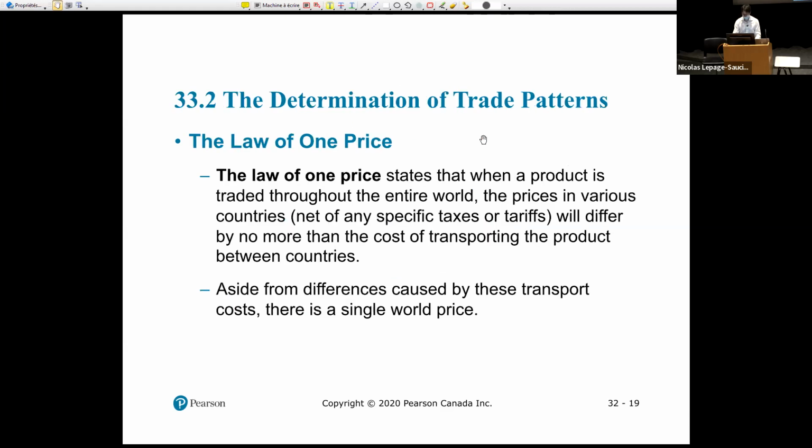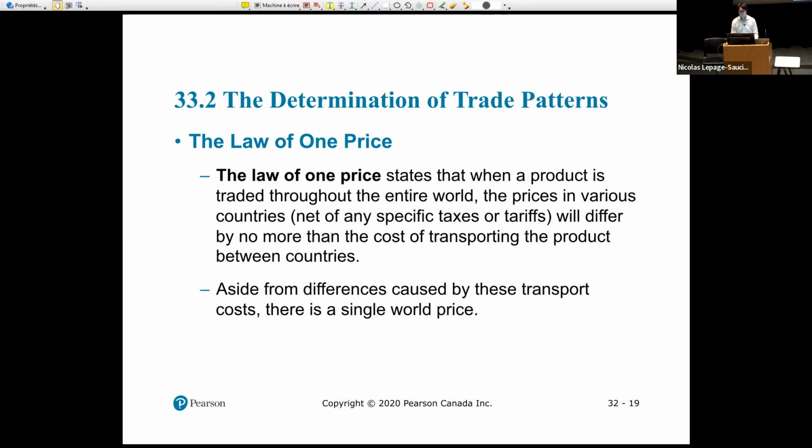Trade patterns. So, the law of one price. See how important it is, because it's a law. What we're essentially saying is that within countries, we generally assume there is one price. Especially if you have perfect competition and no price discrimination, then all the sellers have to sell at the same price. If you have international trade, then the price should be the same at the world level, with the caveat that at the world level you also have trade barriers, or especially trade costs that come from the fact that you have to ship things overseas. So aside from the differences caused by transport costs, you should have one price at the global level,